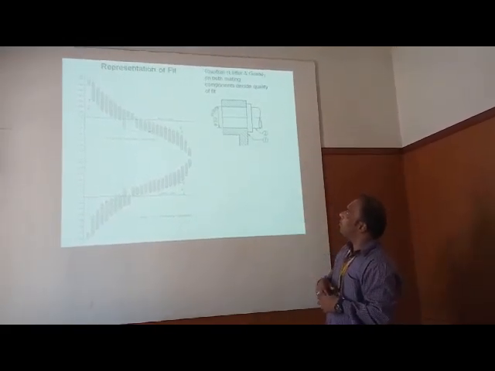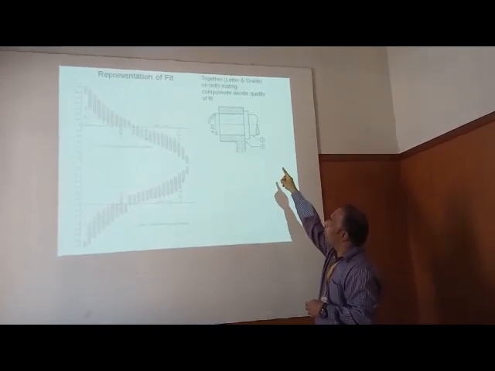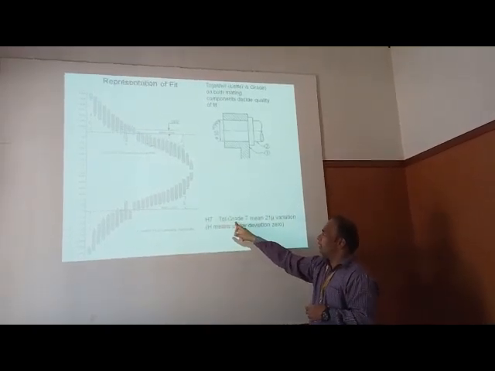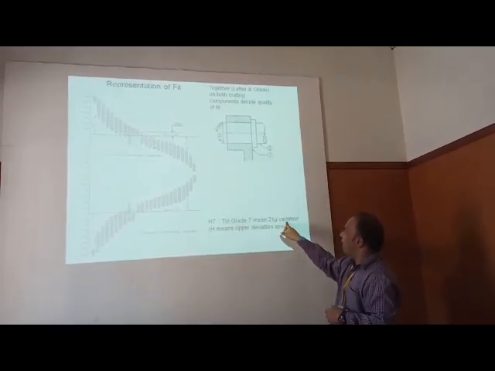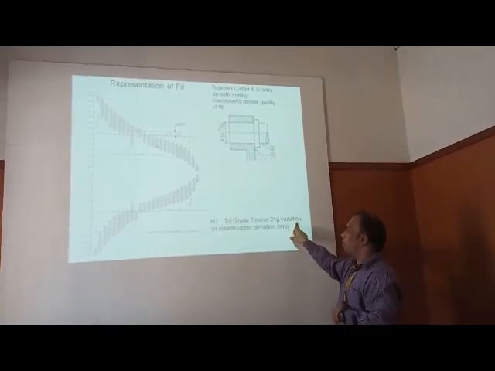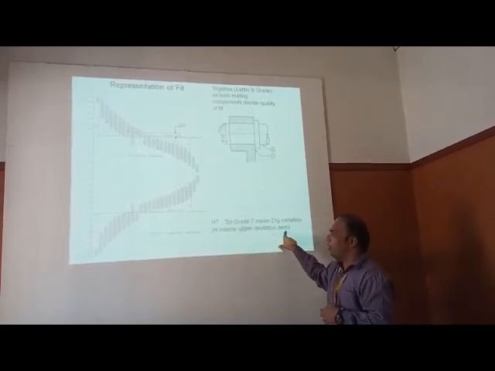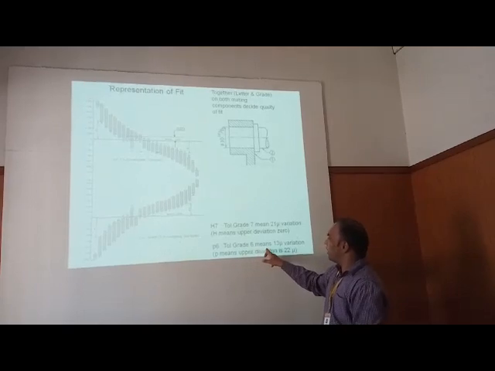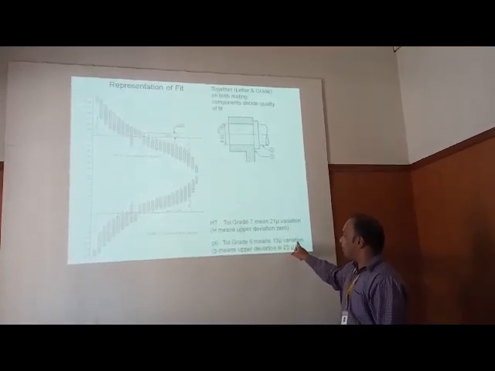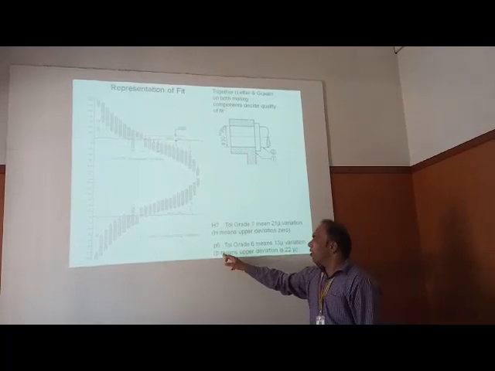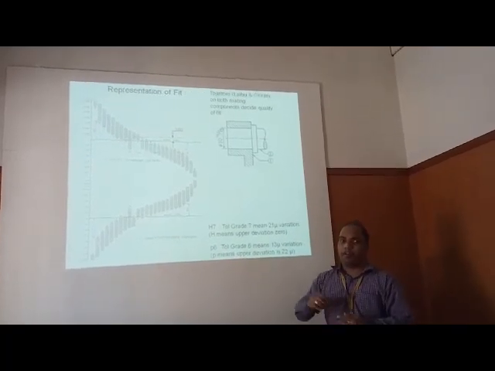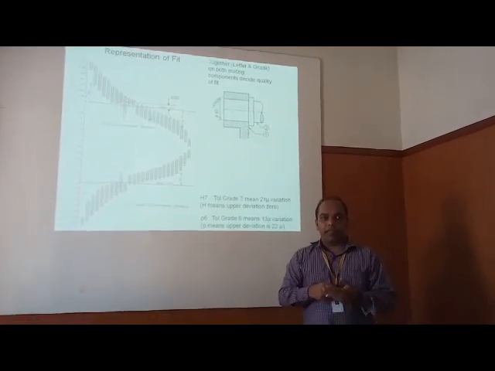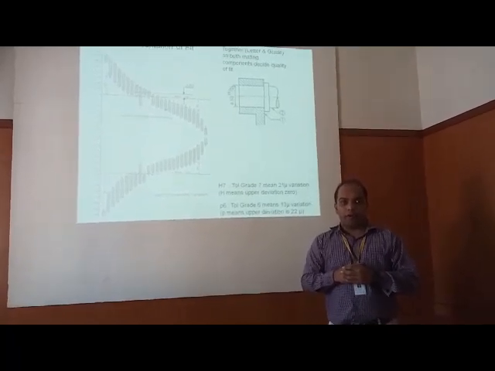you can see in the diagram that hole and shaft are having a combination. H7 indicates tolerance grade 7, that means 21 micron variation is available or you can permit, and capital H means upper deviation of the zeroth line. Next, P6 is tolerance grade 6, that means 13 micron variation, where small p indicates upper deviation is 22 microns. Likewise, we are going to continue the same process in our next lecture related to tolerance zone. Thank you.